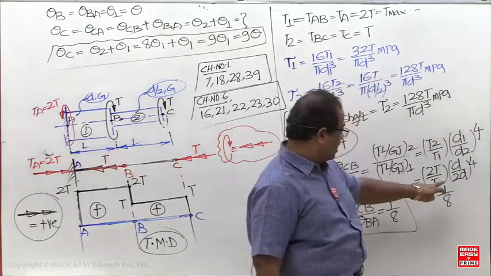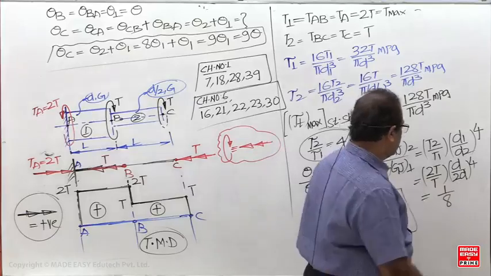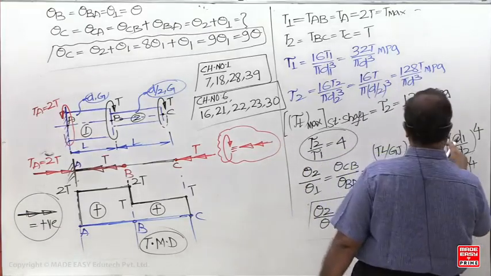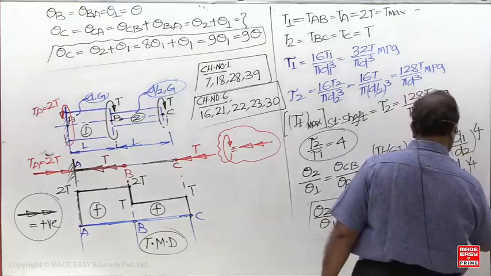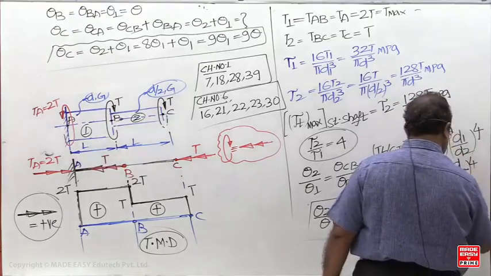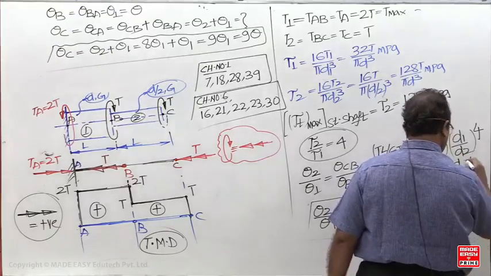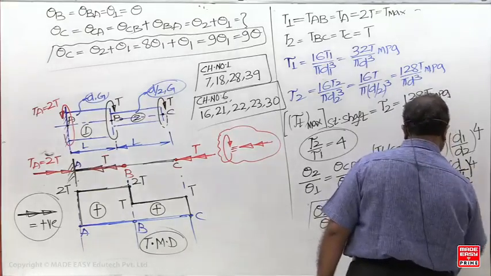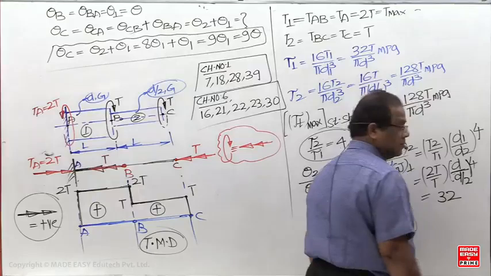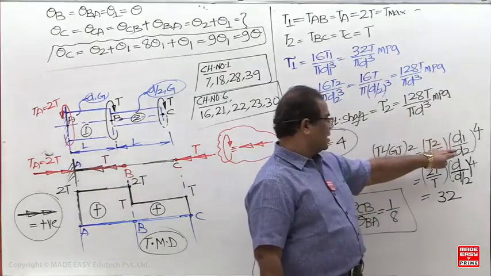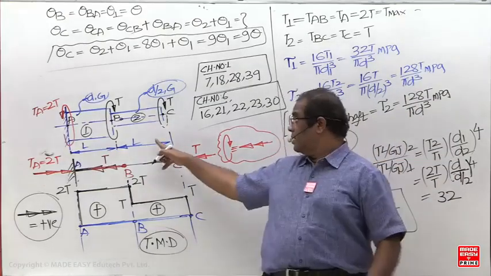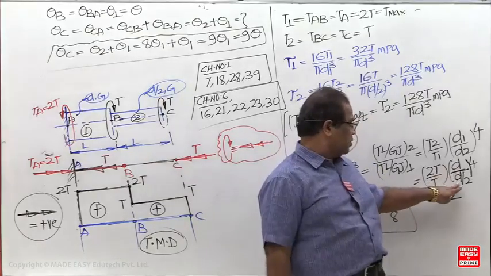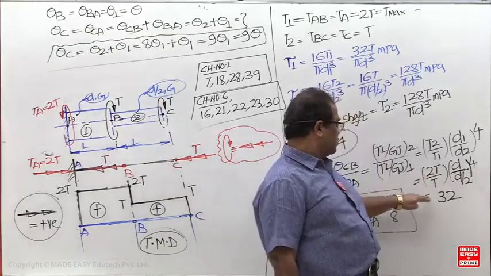So a small correction here. D1 is D, and D2 is D by 2. So this is D by 2. Therefore 32 will be the answer now. Small correction here: I have taken D2 as 2D instead of D by 2. So it will be 16 into